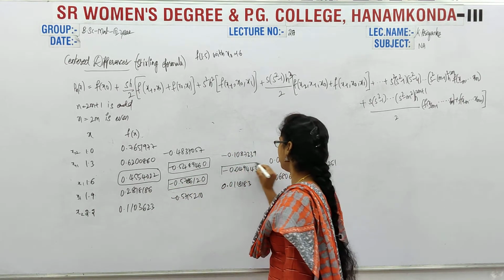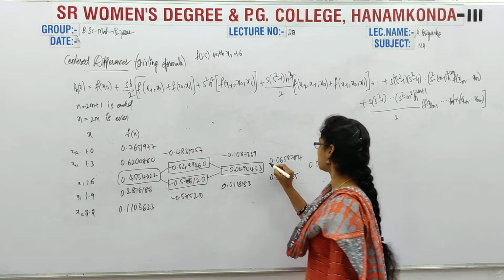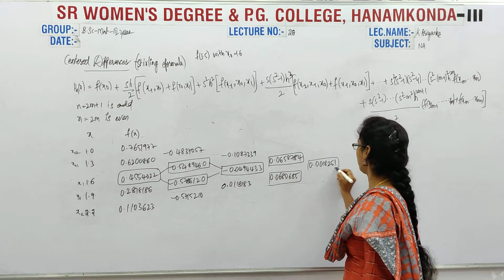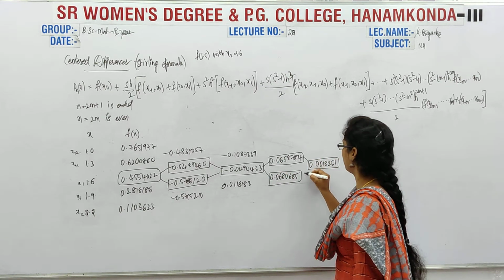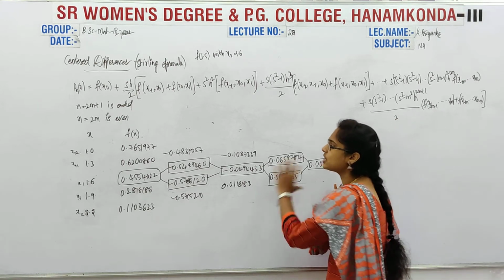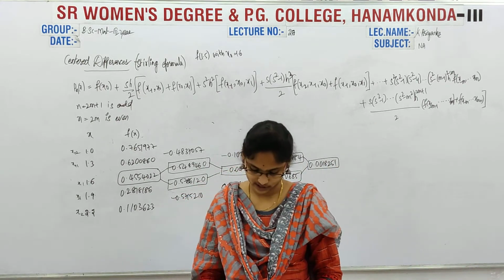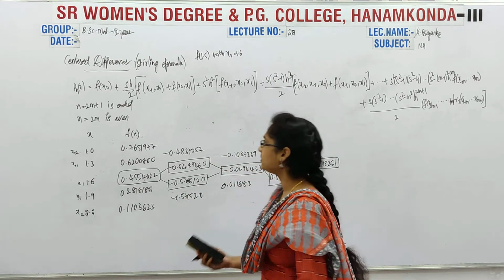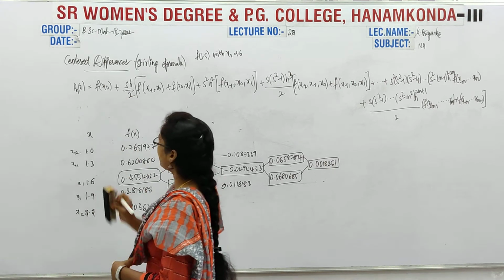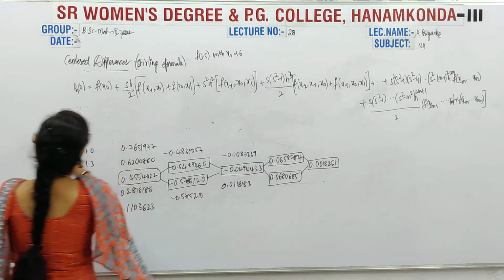Next this value, between this, because here this one and this one. Next this. Got it? This is nothing but the center divided difference. For the center divided difference, we have to consider the values like this. Now I am going to write the formula first of all, and after that we will go for the problem. So here I have the formula, so directly I am writing Pn of x. Now, this is the table.